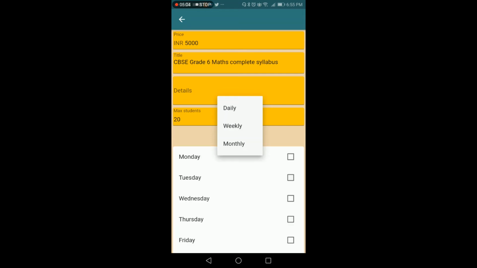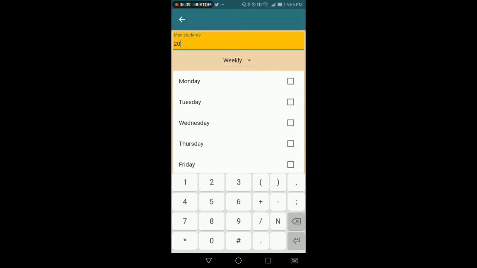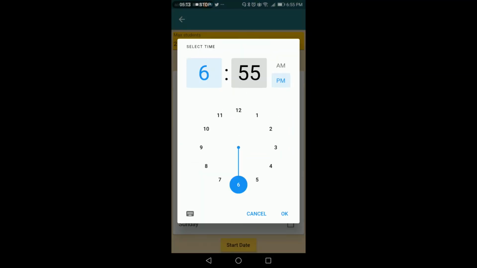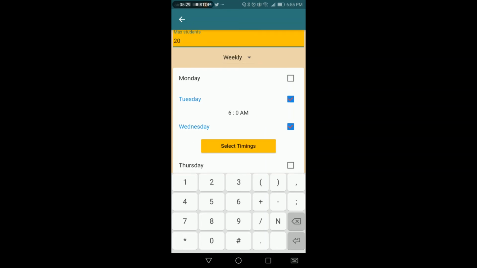Suppose I choose weekly. Then on a weekly basis, on which days are you going to take it? Suppose I choose Tuesday. On Tuesday, what time are you going to take the tuition? Suppose I choose Tuesday evening at 6, so 6 AM like this. Then next is Thursday.